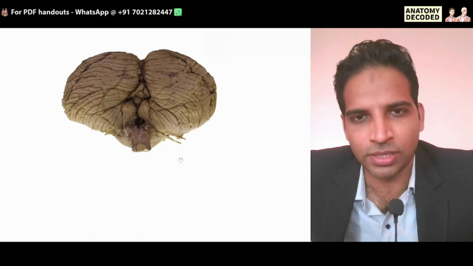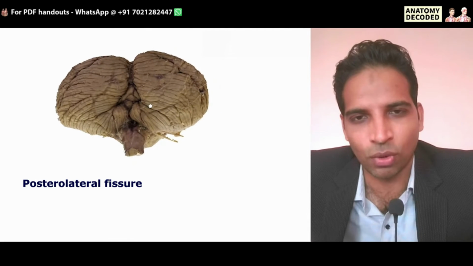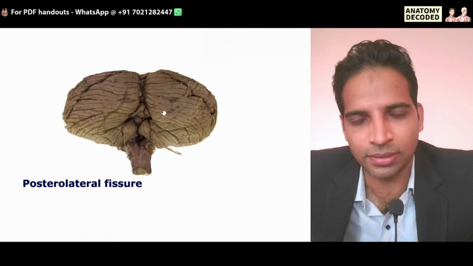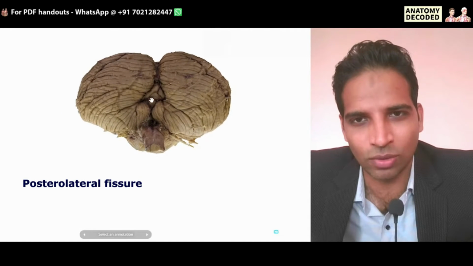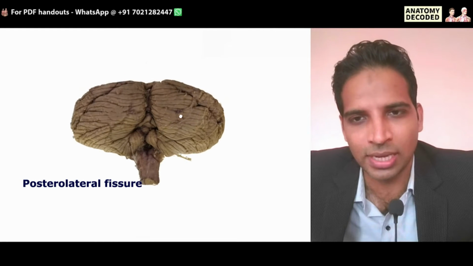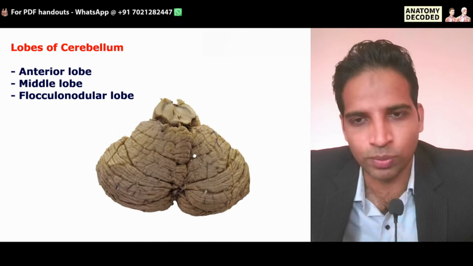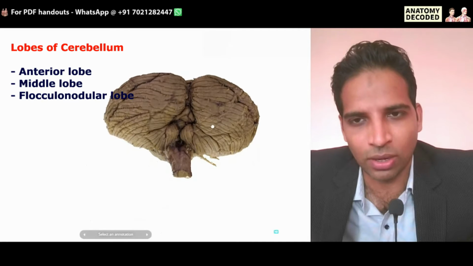And there is one more fissure called the posterolateral fissure, that's between the flocculonodular lobe and the middle lobe. Flocculonodular lobe is not seen clearly, only the nodule part is seen, but there will be one more fissure here that is referred to as the posterolateral fissure. Okay, so three fissures, and the lobes are anterior lobe, middle lobe and flocculonodular lobe. Okay,